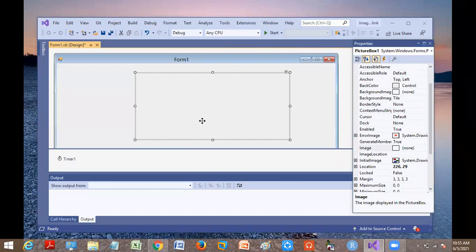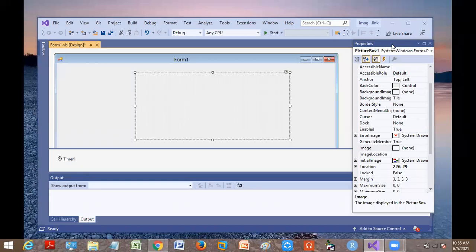I need to have some picture in my picture box, right? Yes or no? Yes, ma'am. For that, which property is used to insert a picture onto the picture box?